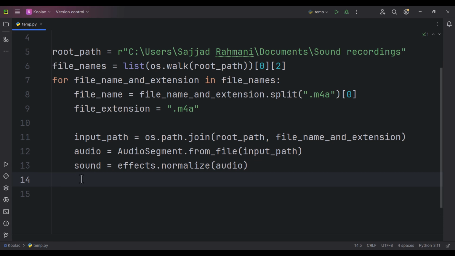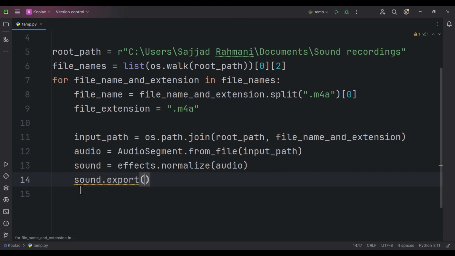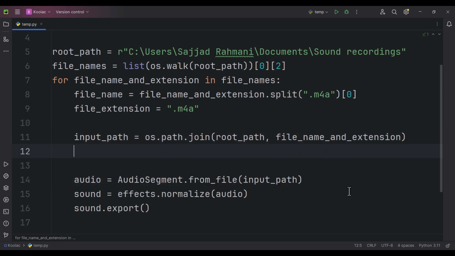And now we want to export and save this sound. In order to do so, we simply type sound.export because you want to export this sound. And first of all, we should pass the output path. So as you can see, we should define another variable called output path as well. So that's very easy. We simply type